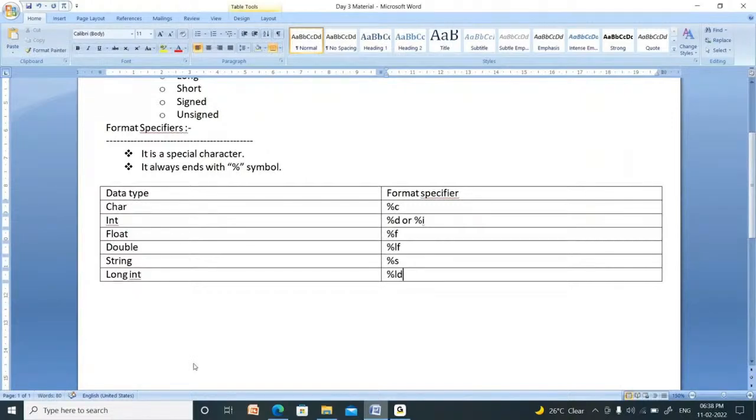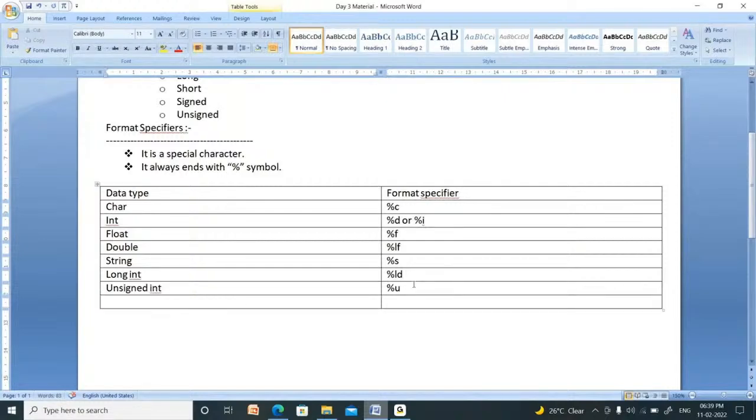L for long, D for decimal number. I explained unsigned integer. For unsigned integer, you have to use %u.